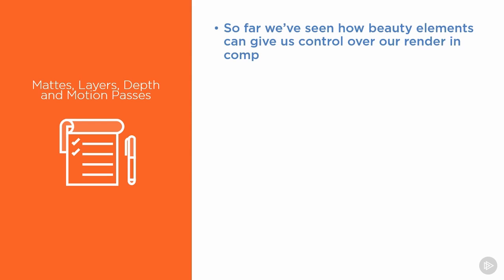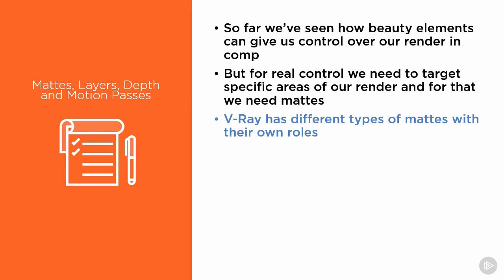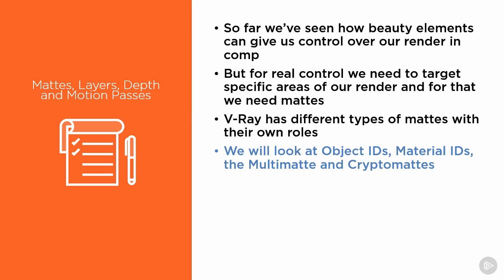So we've seen how beauty elements can give us a lot of control over our render in comp, but for real control we need to target specific areas of our render, and for that we're going to need mattes. Now V-Ray has lots of different types of mattes and they all have their own roles and they're all quite powerful. We're going to look at object IDs, which as the name implies target a specific object, for example the